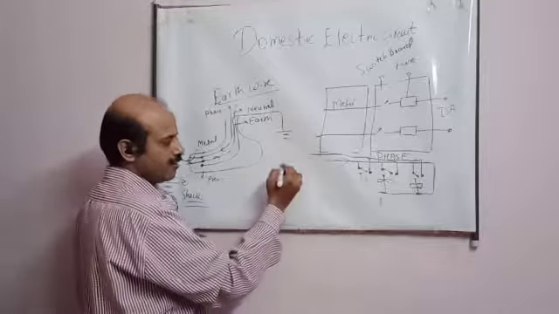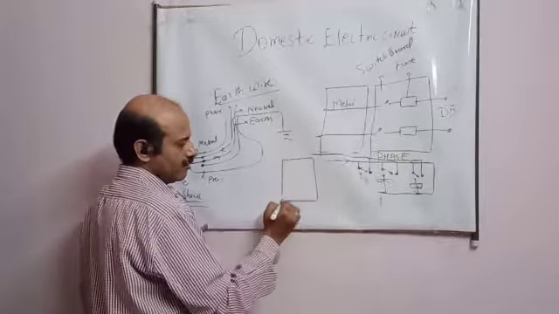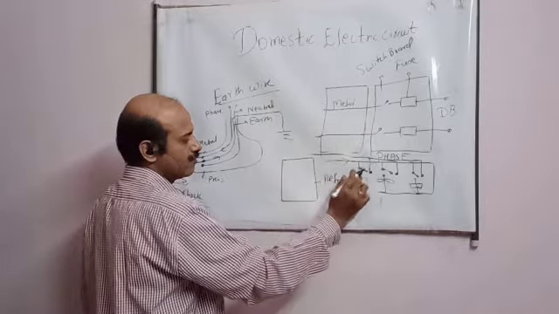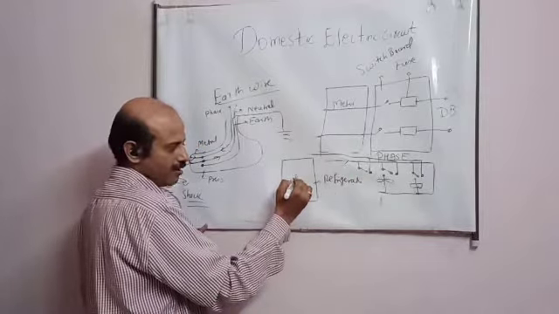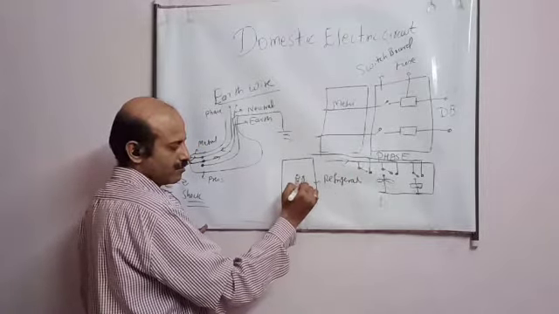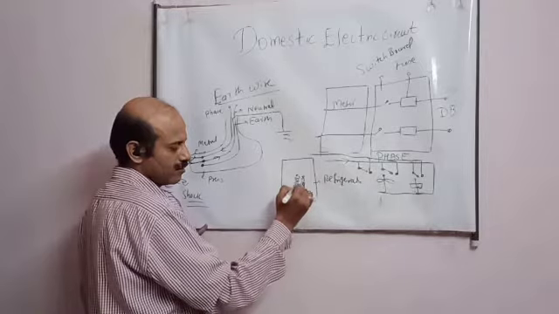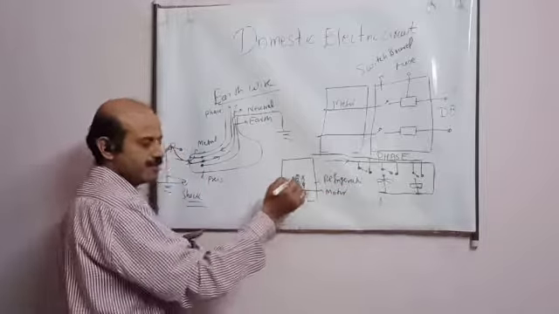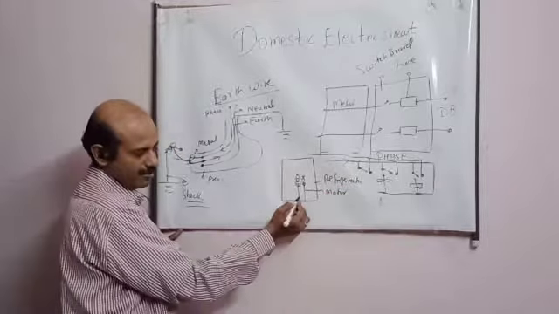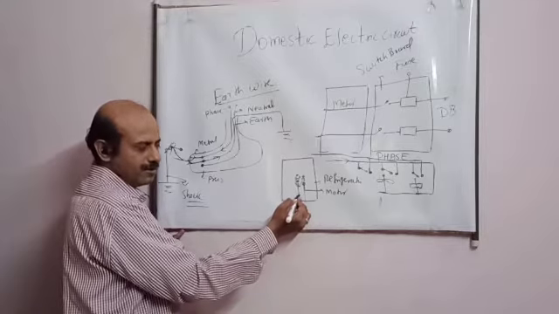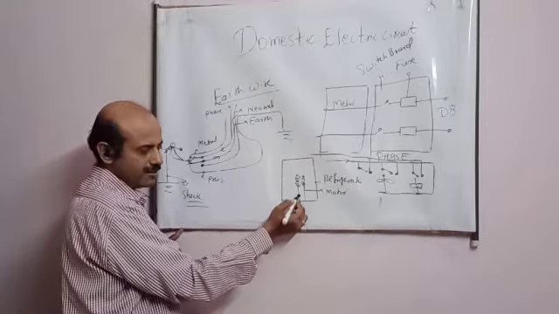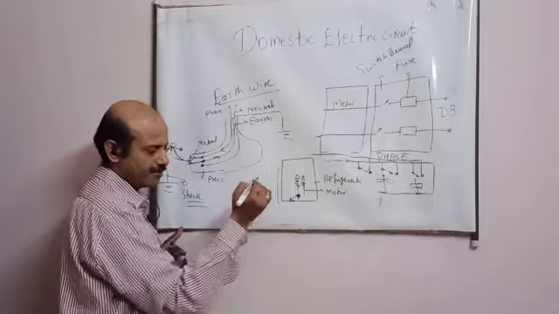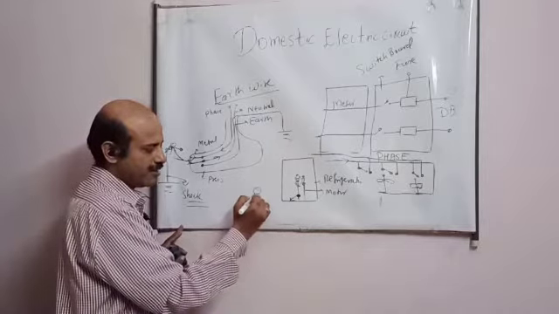Similarly, student, suppose there is a fridge. This is the refrigerator. And this is the motor. This is the motor of the refrigerator through which current is passed and it is running. Somehow suppose this insulated wire, the insulation is broken and it comes to the metallic part, it gets contact. Now what happens if a person is touching it?